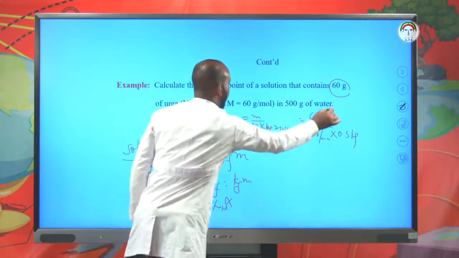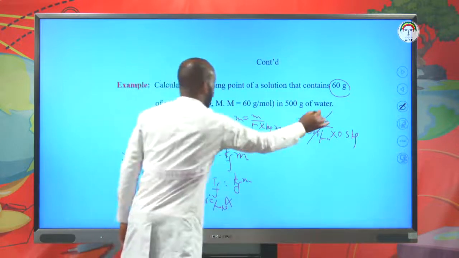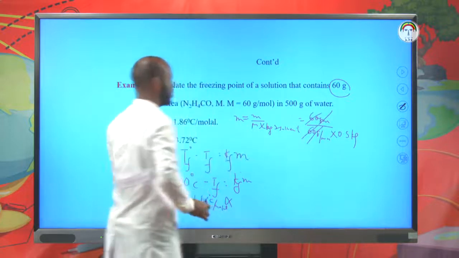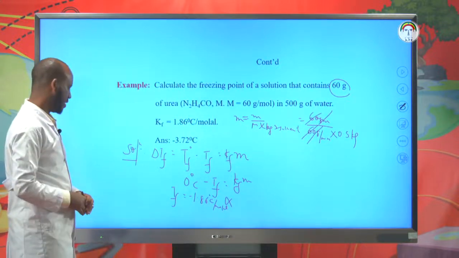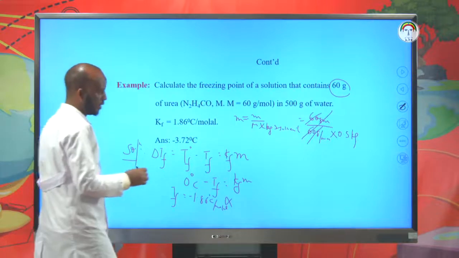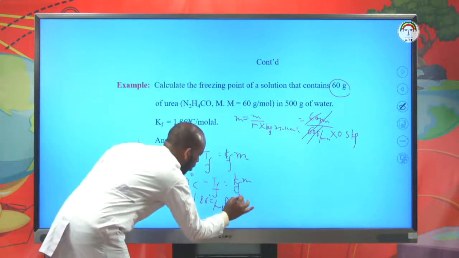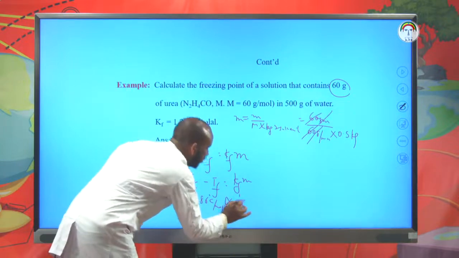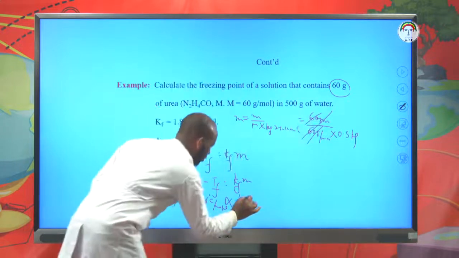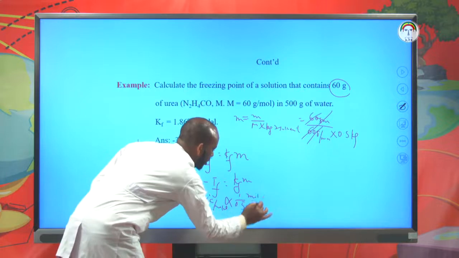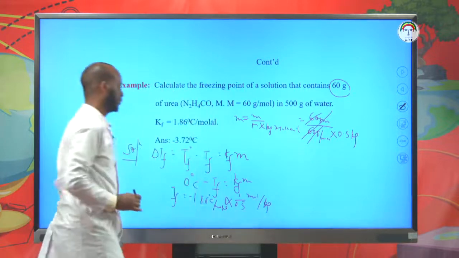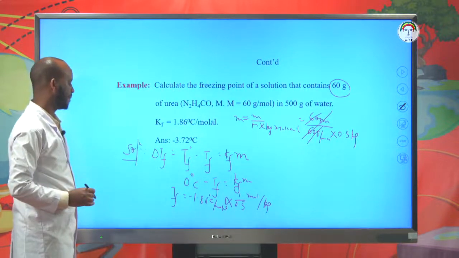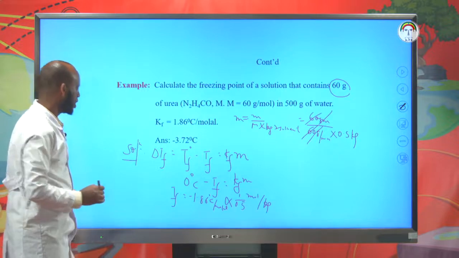Gram will be cancelled by gram. 60 by 60 is 1, so this is 1 over 0.5. Therefore, this is 1 over 0.5 mole per kg, mole per kilogram. Tf